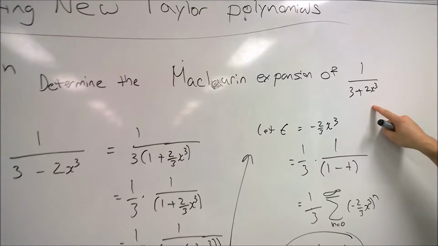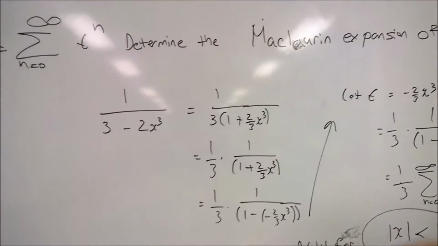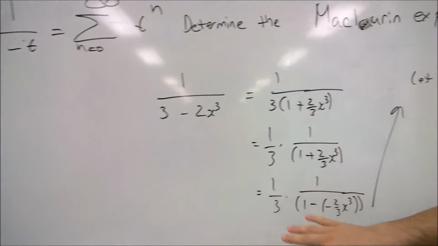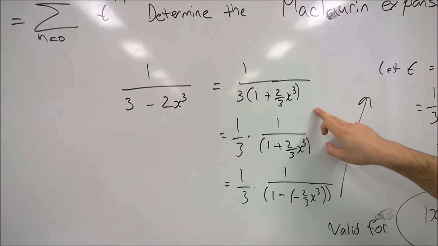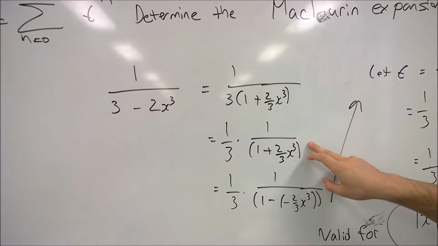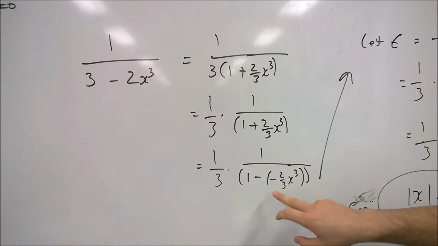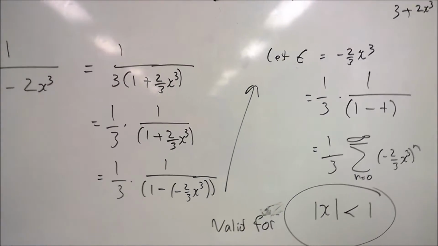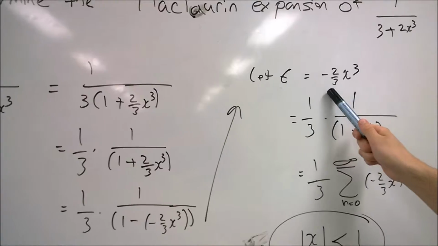1 on 3 plus 2x cubed. So basically you want to get this into the form of that. So you'll take out the 1 on 3 as a common factor. You keep going down, and then you'll have to do a double minus to get this in terms of a negative. And then from there, you'll be doing a back substitution of let t equal negative 2 on 3x